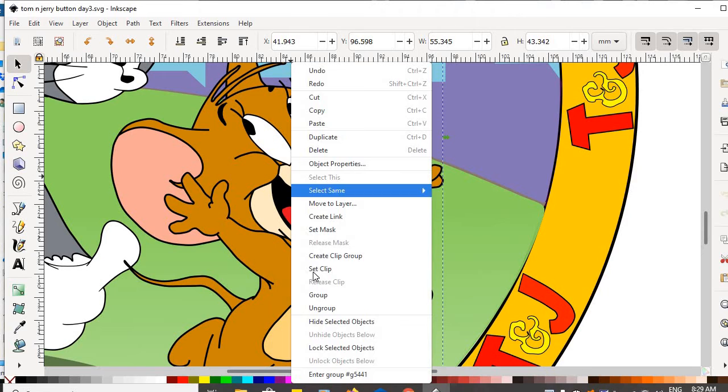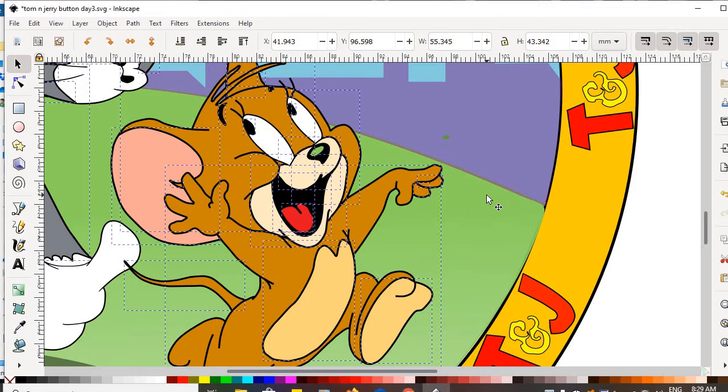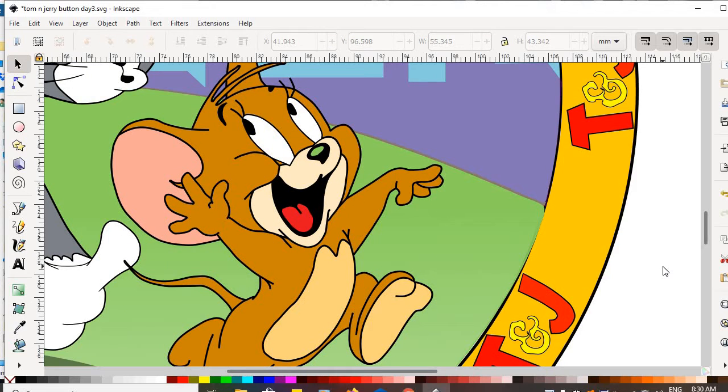I'm going to right mouse click and ungroup them. And the moment I do, you will notice a whole bunch of little selection boxes, because now all of the individual elements are going to be accessible. I'm going to slide over here to the side, and I am going to deselect the button so that I can now go in and select the elements separately. So here is the fleshy interior part of the ear,